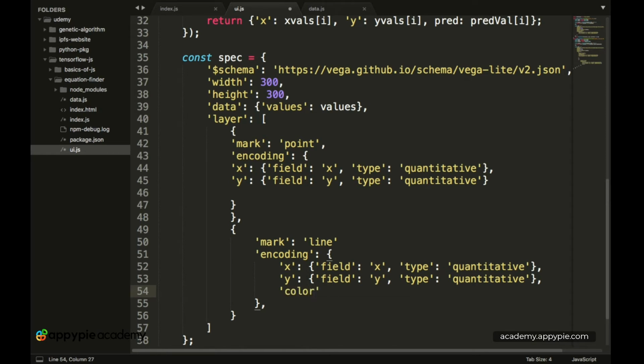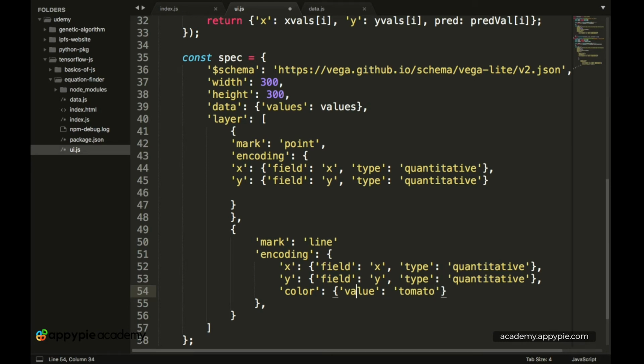Okay, so we have color over here, and now the color will again take in a JSON object, and the name of the parameter is value, and the value will basically be, so now we have to name a color, and so inside vega.github.io, so basically inside this particular library we have a color called tomato, which basically is a shade of red, and that is a good differentiating color when compared to our points. So we have tomato over here.